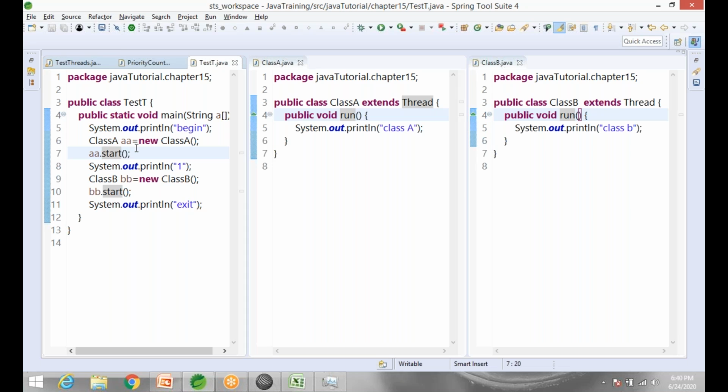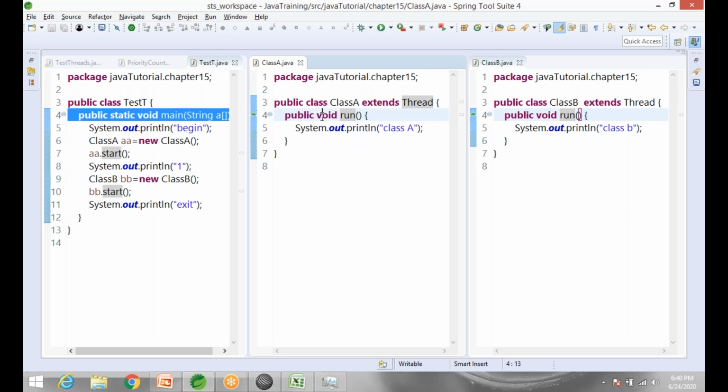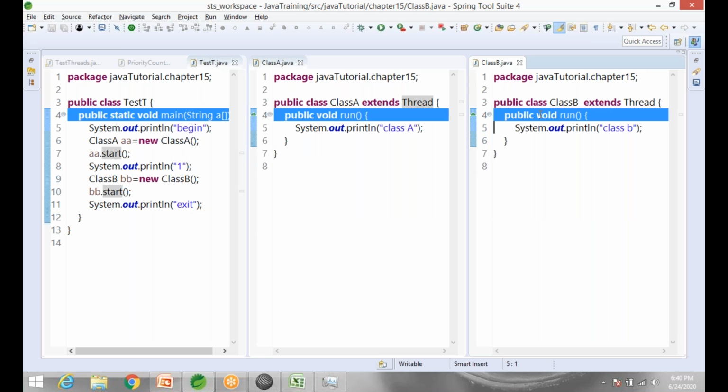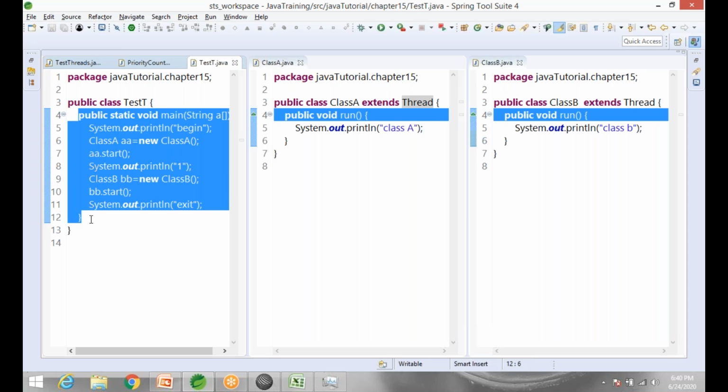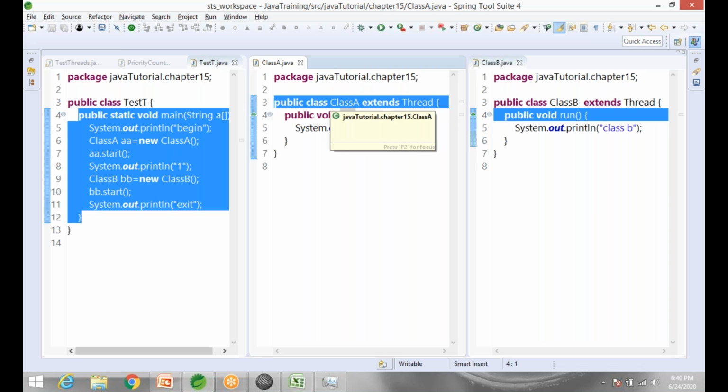Now, usually what you remember is that in any application, there is only one main method, public static void main. But here, think about this also like a main method. Public void run should be treated as a main method. It's a main method for parallel programming. This is a traditionally sequential programming entry point. The public void run method is a starting or entry point for parallel programming. If you want this program to run parallelly beside this program,